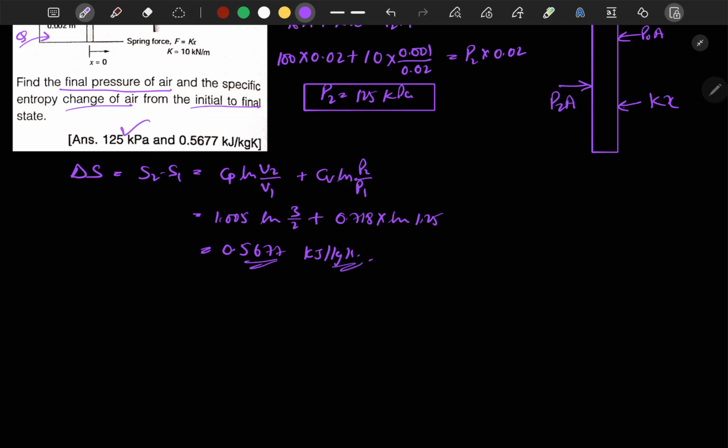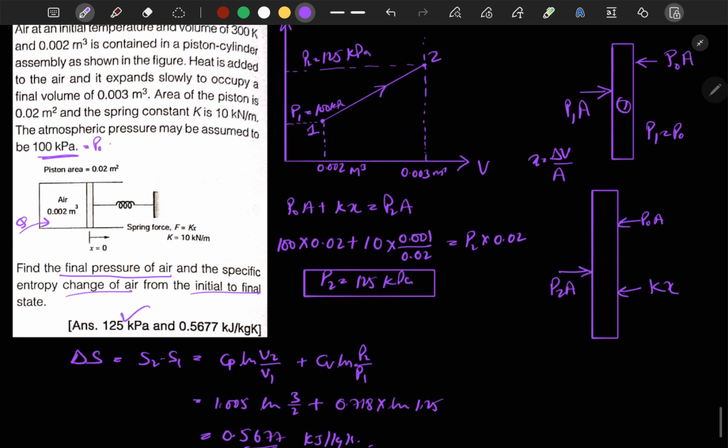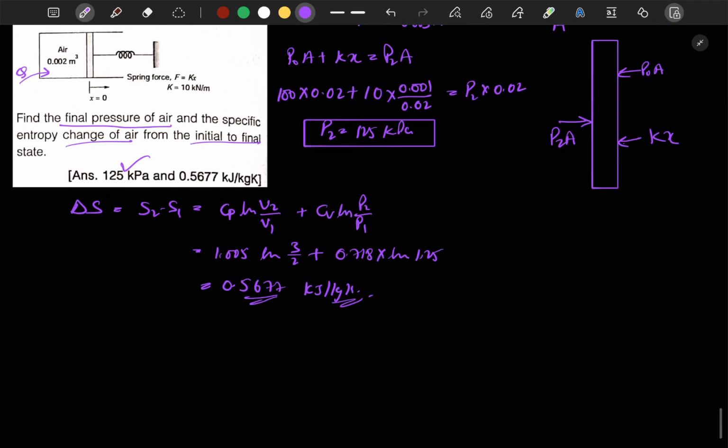Okay, so we have completed our question session 5. This will be the final question on the concept of entropy and exergy. At this point we have completed most of the questions which I can do in this session. From the next lesson we will start with chapter 9, that is properties of pure substances, and after that we will have the question and answer session for that chapter also.